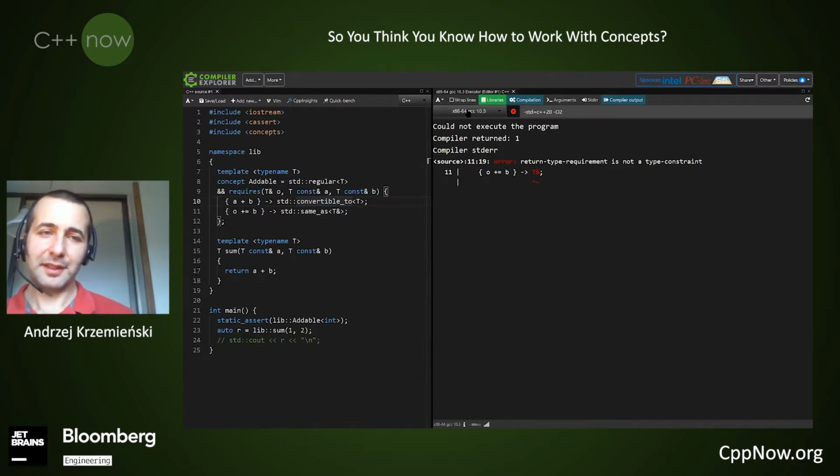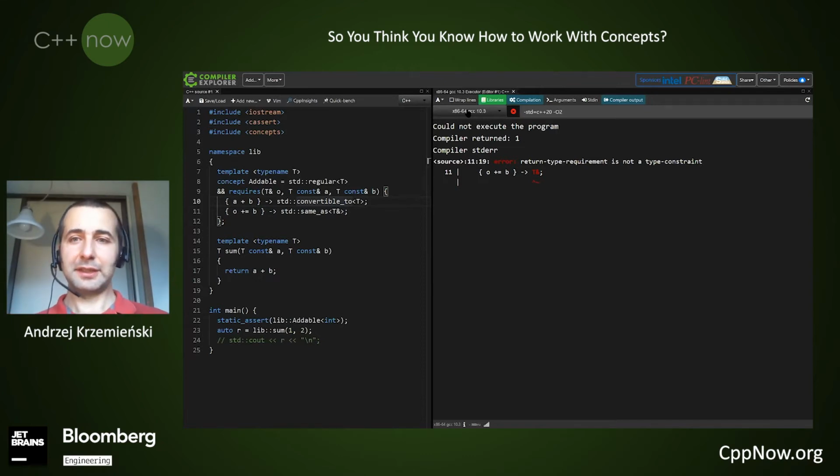So yeah, there is a comment that at some point it was a legal syntax, and in slides of other presentations you will still see this used, but this no longer compiles. And it used to mean something convertible to T, not necessarily T.